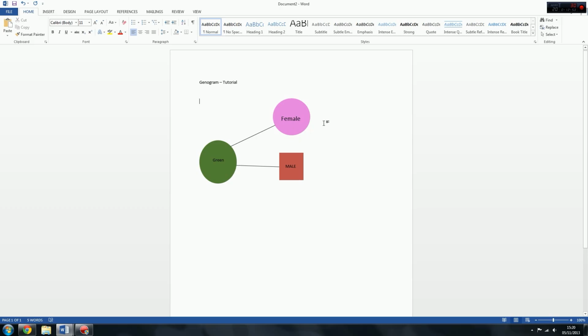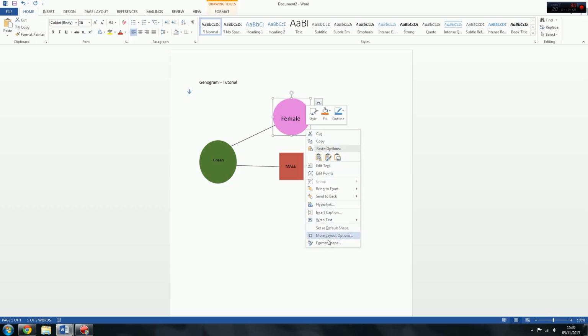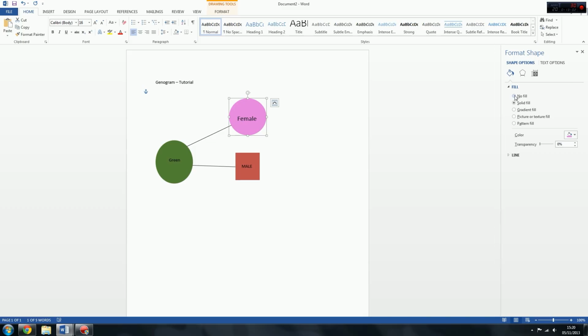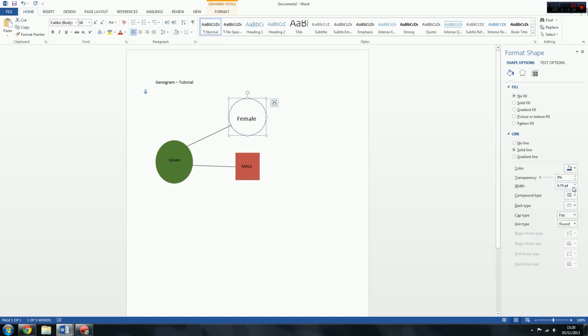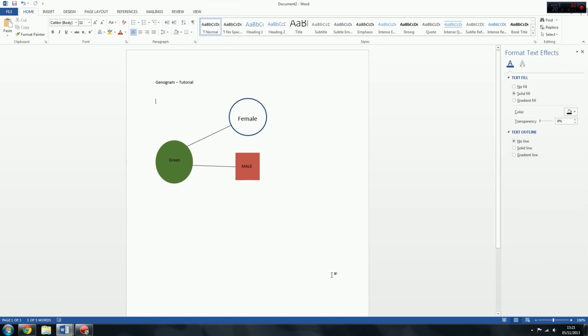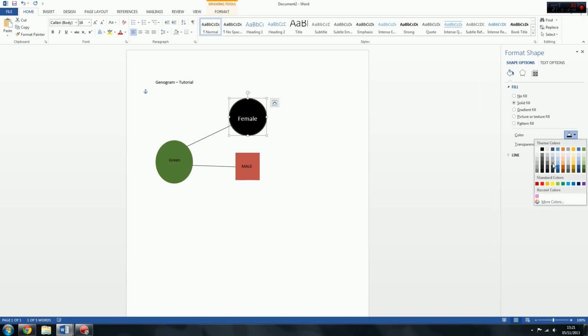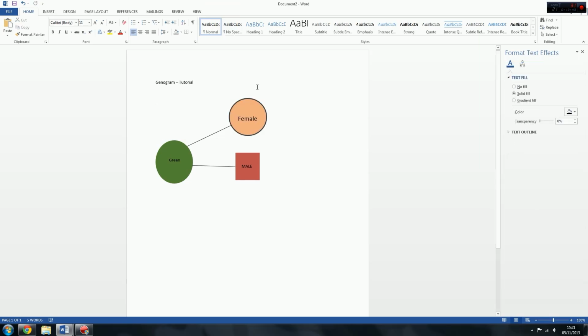Now if you need shapes with lines on the outside and no colour in the middle, I'll show you an example now with this. I'll do it quickly and then I'll explain what I'm actually doing. So let's say you need to create something like this. It's just a circle with a blue outline and no colour in the middle. If you need shapes like this, which you possibly could do, or maybe even colour in the middle, so let's say you needed something like that with a black outline and a colour in the middle, then all you need to do